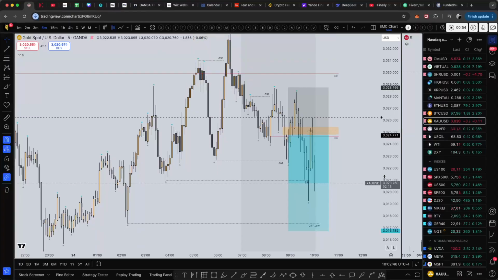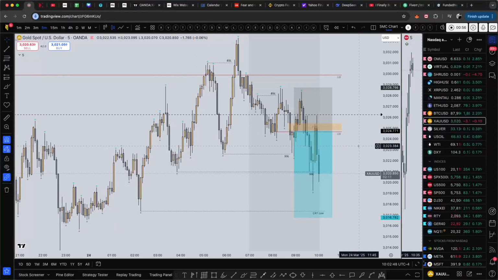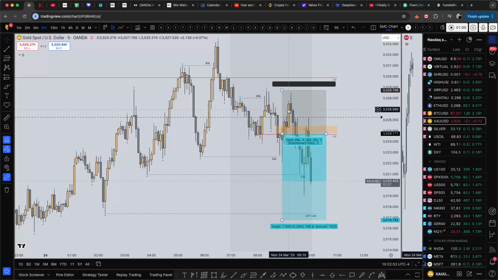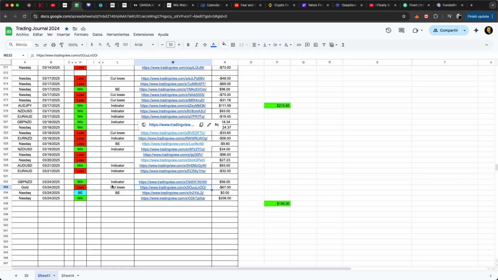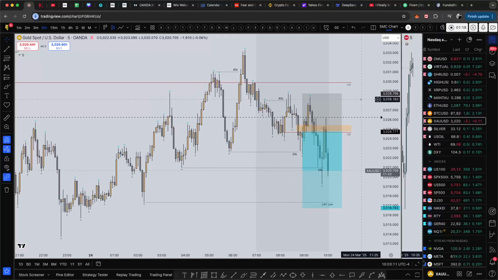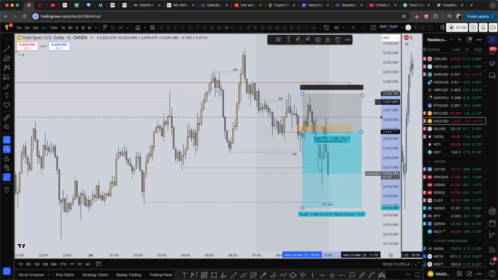Hey, look at this. So this trade, I was predicting this move, and it was actually this push to the upside. I entered right here, and then all of a sudden I see this big force going against me, and I cut losses. That's why I say cut losses. I just closed the position when price was going against me. But look at where price is right now. It's actually going my direction.